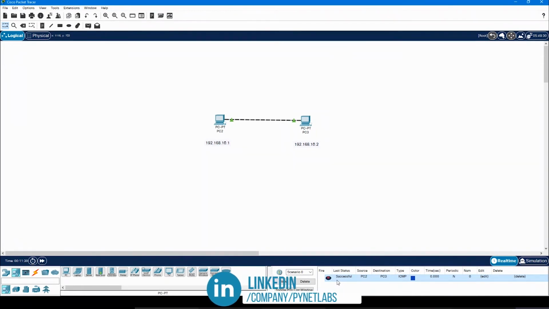The message was delivered to PC3. So you see the source PC2 from where the message was sent, and destination PC3 to where the message was sent. And the type you see here is ICMP. ICMP is a protocol under which ping messages are sent or received.